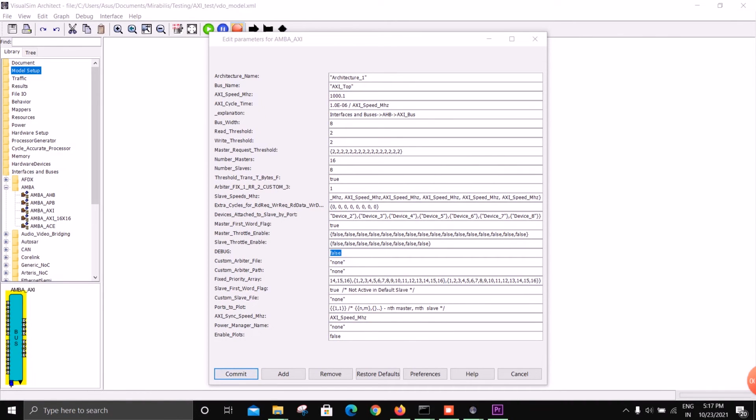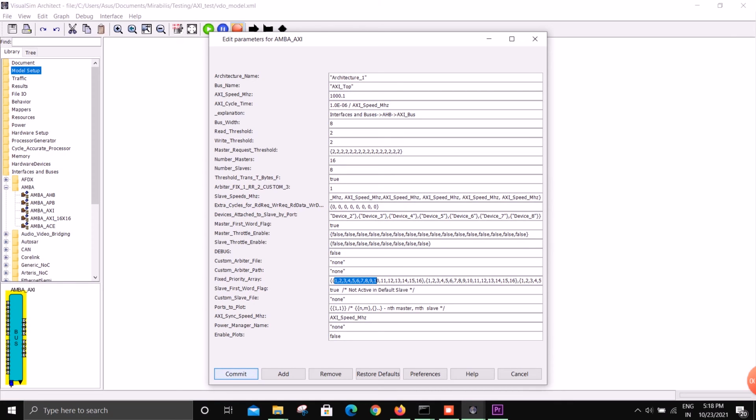The next parameters that we have are the custom arbiter file and the custom arbiter path. I told you earlier that we can also add custom arbitration, so you can just add the file name and the path and use it. Then we have a set of 8 arrays, and each array contains 16 numbers. Each number is assigned to a master and represents the priority of that master.